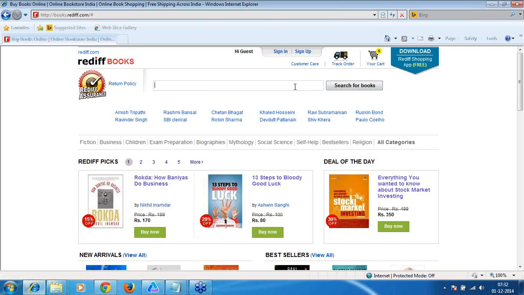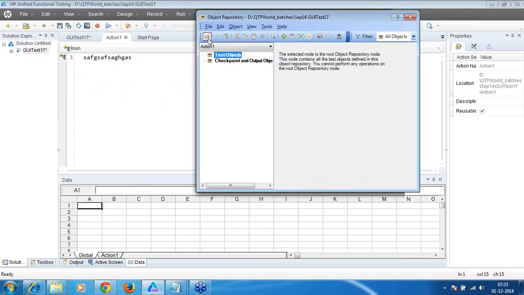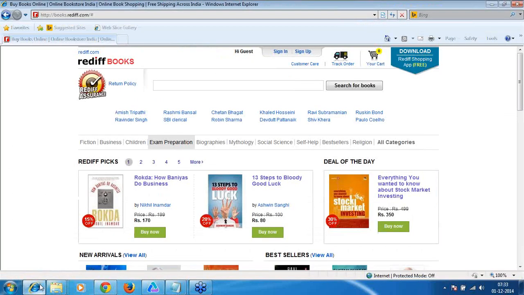Okay. Apart from this, what all the other objects would you be knowing? Basically, radio button, check boxes, list box. But QTP also considers it an object if there is a text, right? So first, what QTP does is it collects the objects in this place, in the object repository. Okay, when we write a code, it first interacts with these objects, and then only it interacts with your application.